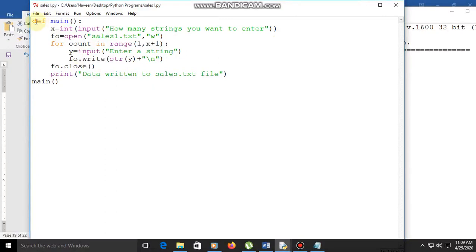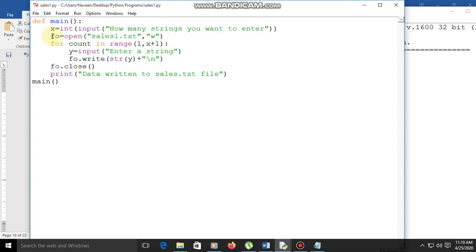See this, define the main function. In the main function we take one variable x as an integer, converting the number of days into an integer, that is, input how many strings you want to enter.